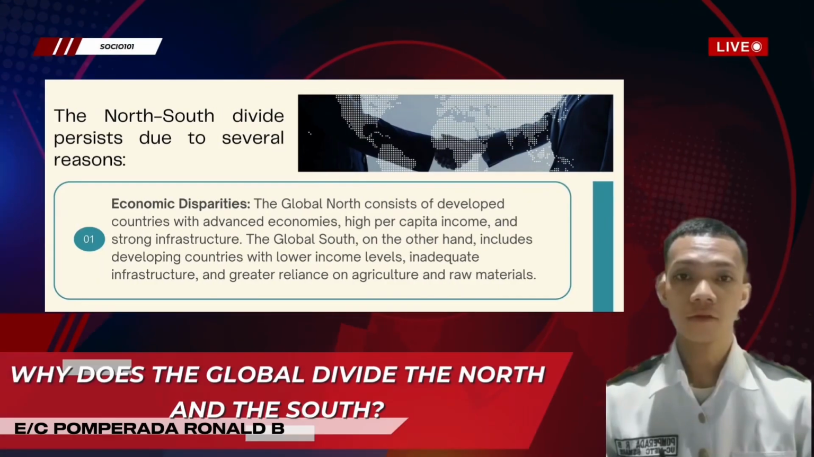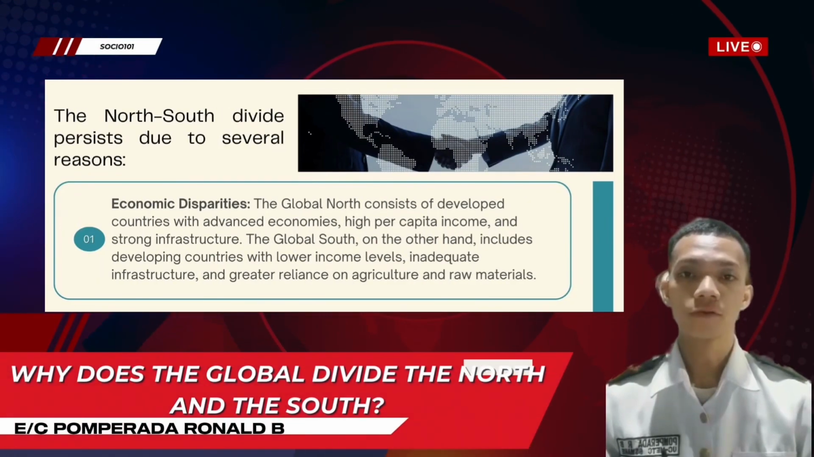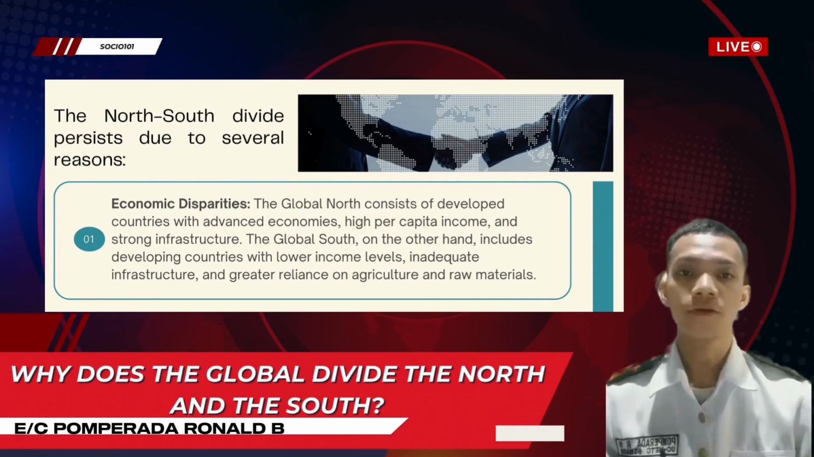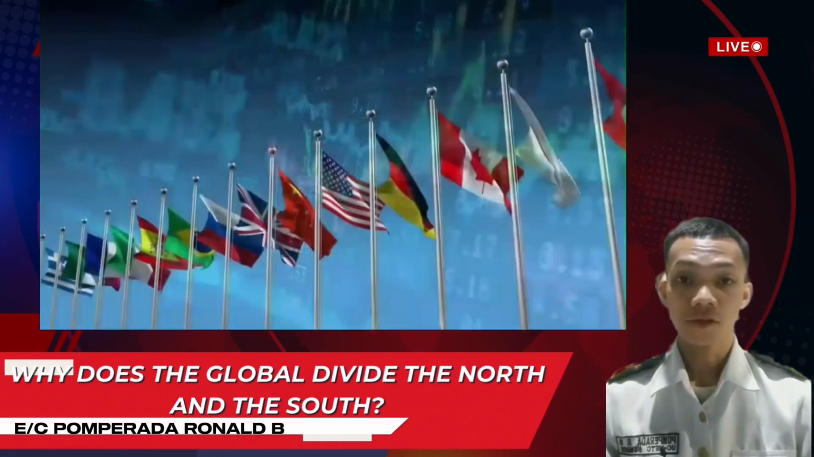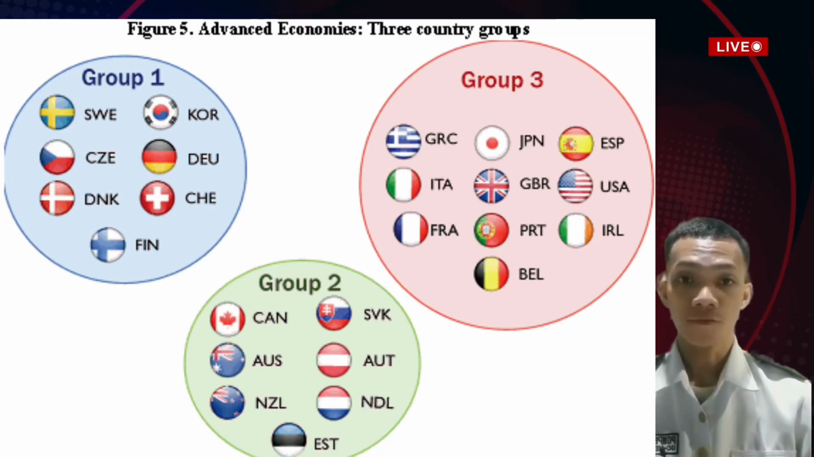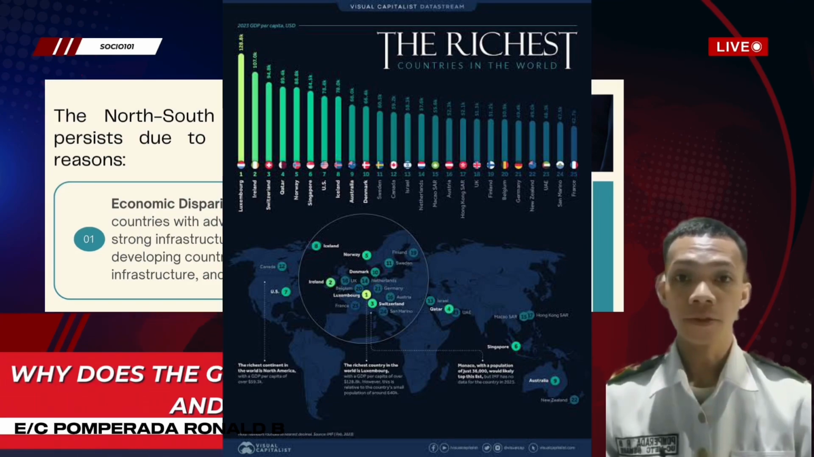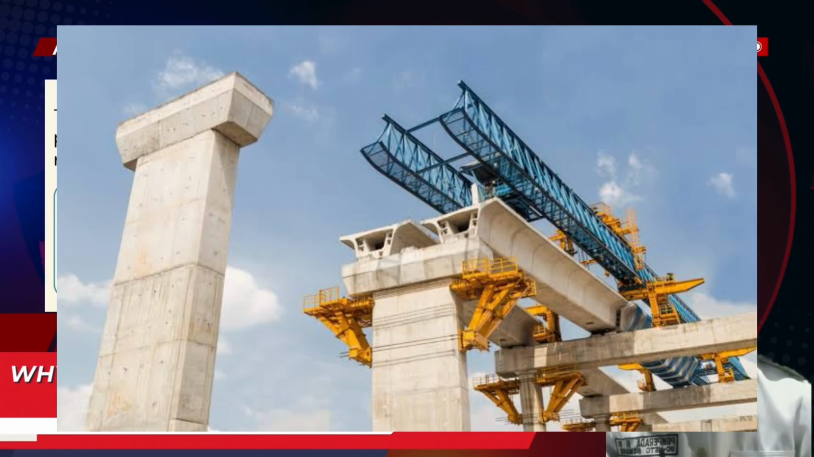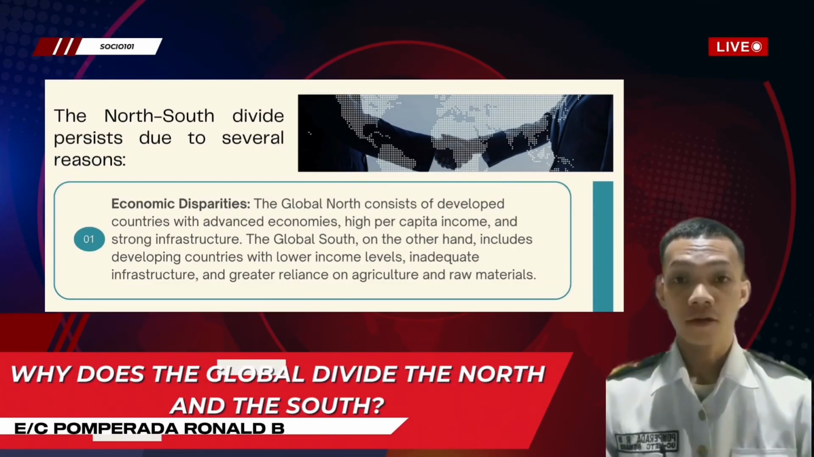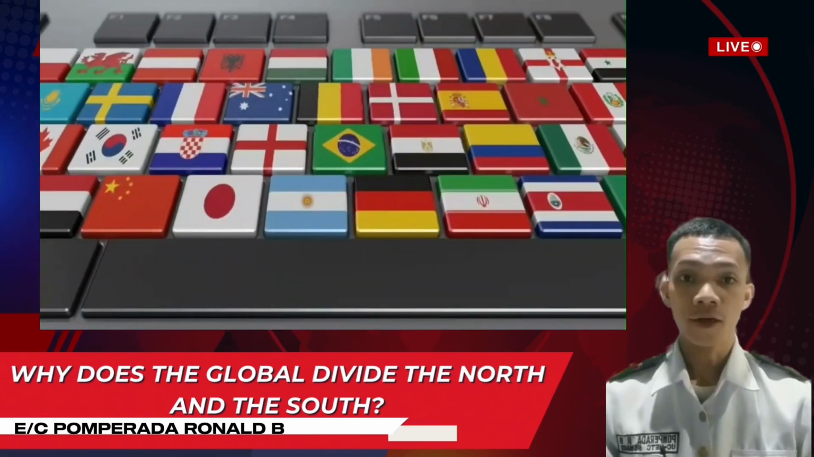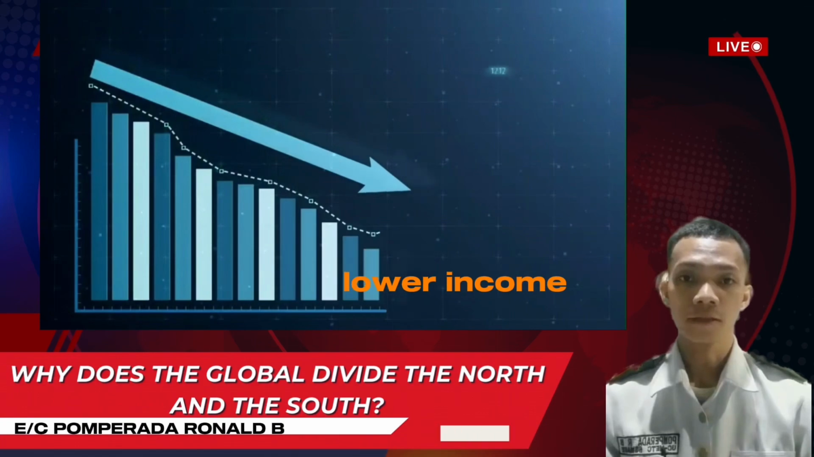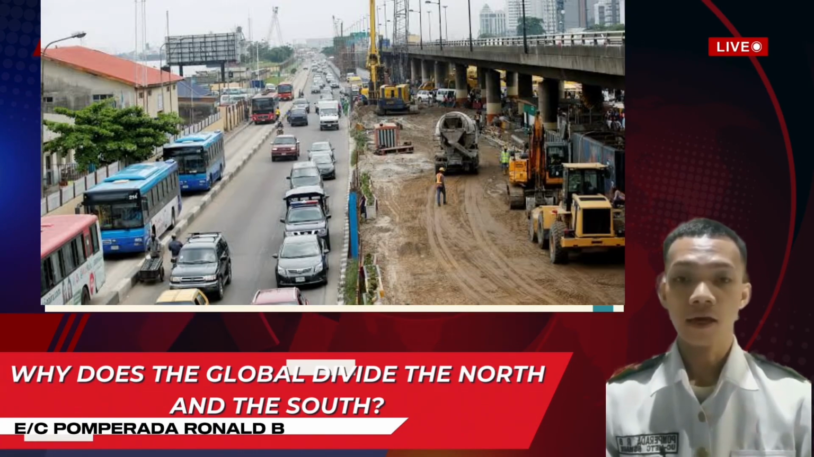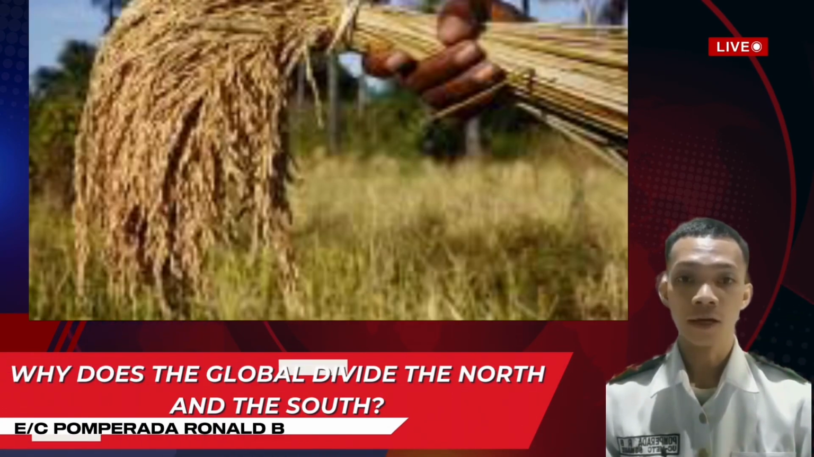Why does the global divide the North and the South? The North and the South divide first due to several economic disparities. The global North consists of developed countries with advanced economies, high per capita income, and strong infrastructure. The global South, on the other hand, includes developing countries with lower income levels, inadequate infrastructure, and greater reliance on